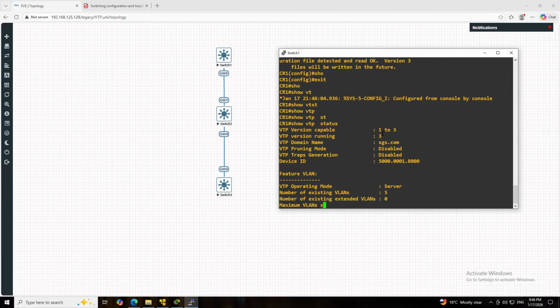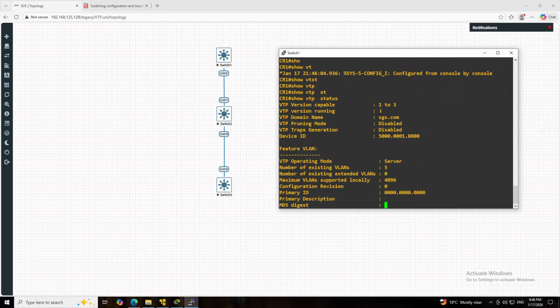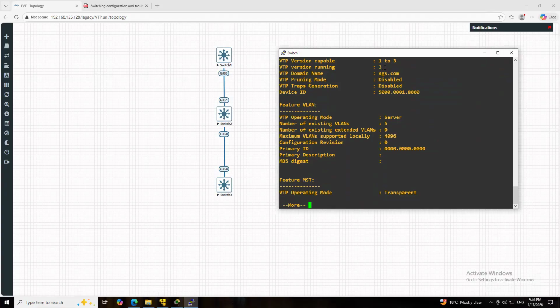Now I can see the current version of VTP is 3. The domain name is sgs.com. VTP pruning mode right now is disabled, but I can enable it. This is the MAC address, currently in server mode. Currently 5 VLANs exist, and the maximum VLANs supported locally, so this is the main difference.